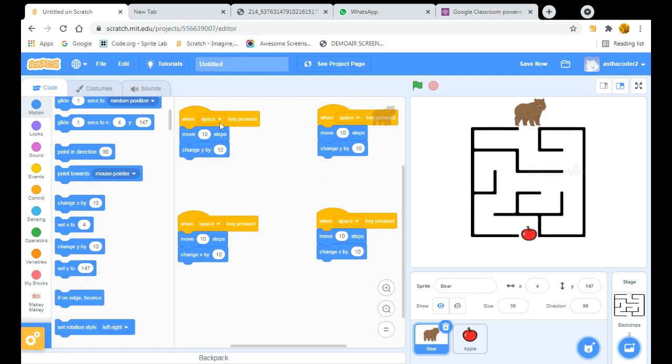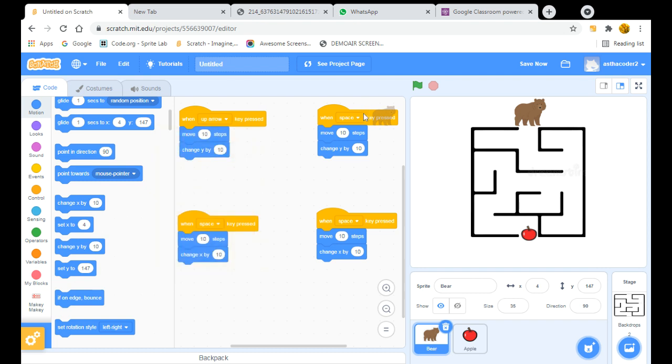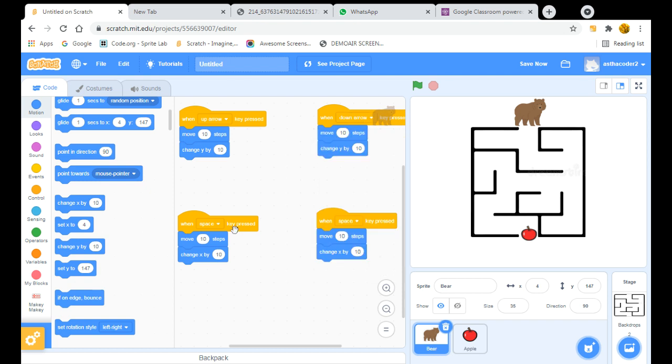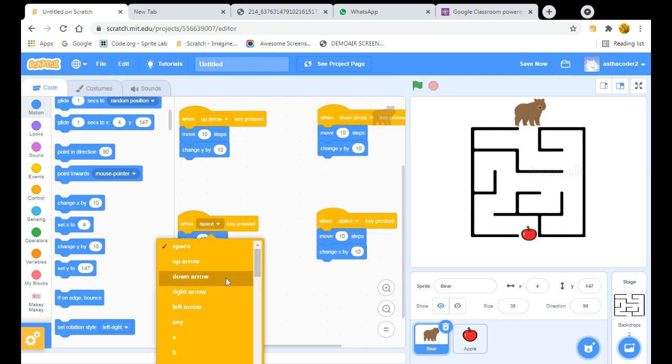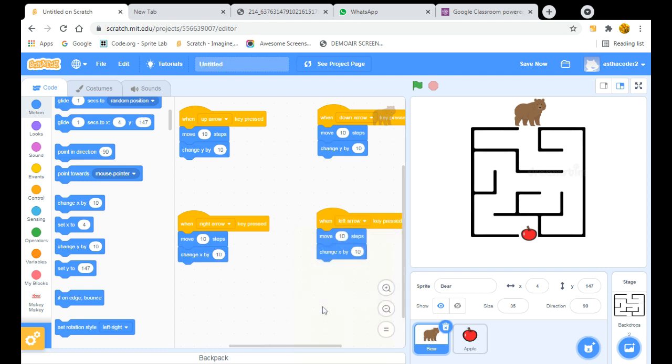So let's rename them. The space keys I will rename: the first as up arrow, the second as down arrow, the third as right arrow, and the fourth as left arrow. The up arrow and the right arrow I will keep as 10 only.